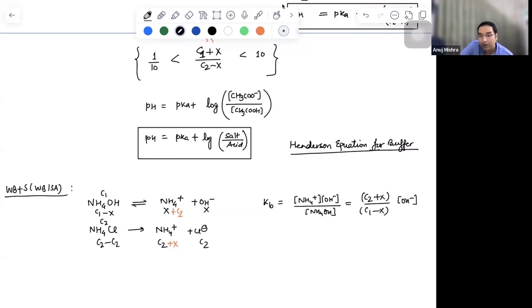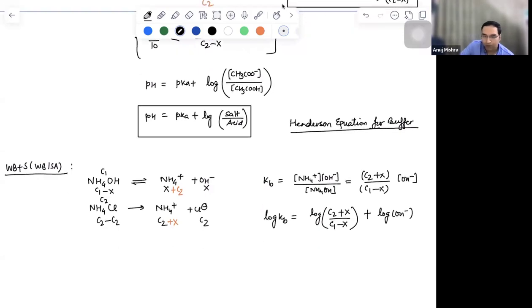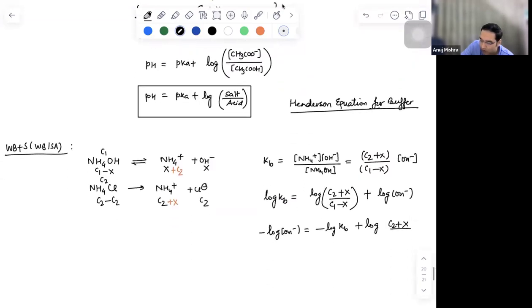You will have to learn this derivation, right? So what is log of Kb? Log of Kb is log of C2 plus X upon C1 minus X plus log of OH minus. Exchange the places. Minus log OH minus is minus log Kb plus log of C2 plus X upon